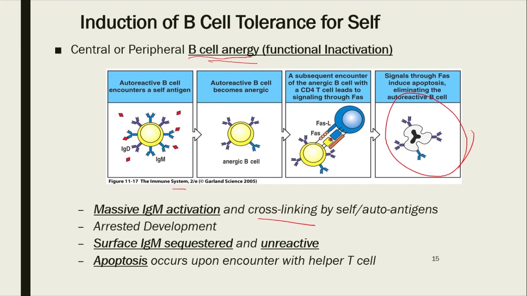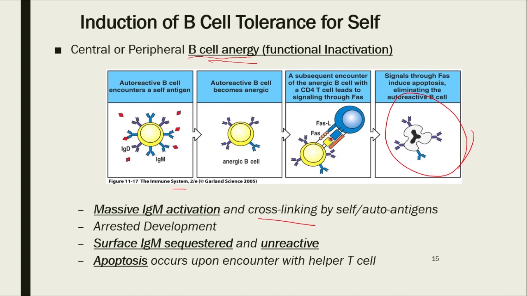After surface IgM is activated and cross-linked, these self antigens are sequestered in an internal cellular compartment. Some of those would be internalized back,